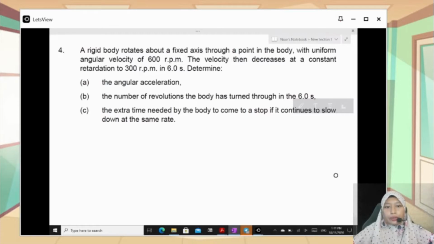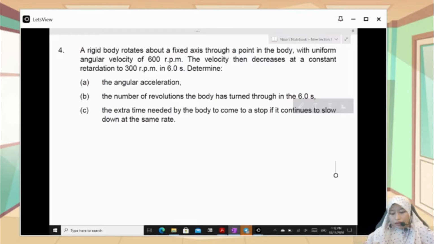A rigid body rotates about a fixed axis through a point in the body with uniform angular velocity of 600 rpm. The velocity then decreases at a constant retardation to 300 rpm in 6 seconds. Determine A. The angular acceleration. B. The number of revolutions the body has turned through in the 6 seconds. C. The extra time needed for the body to come to a stop if it continues to slow down at the same rate. Right, the first thing we need to do is we need to list all the information given